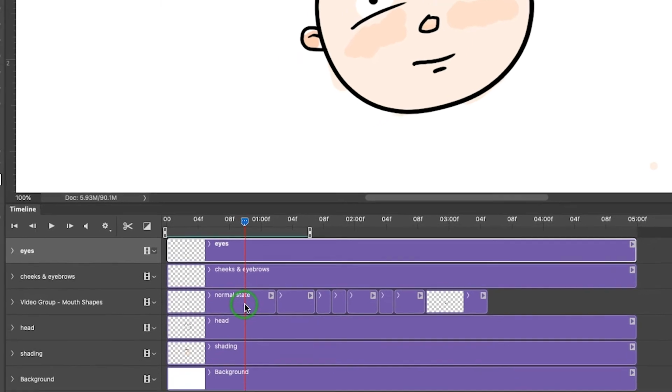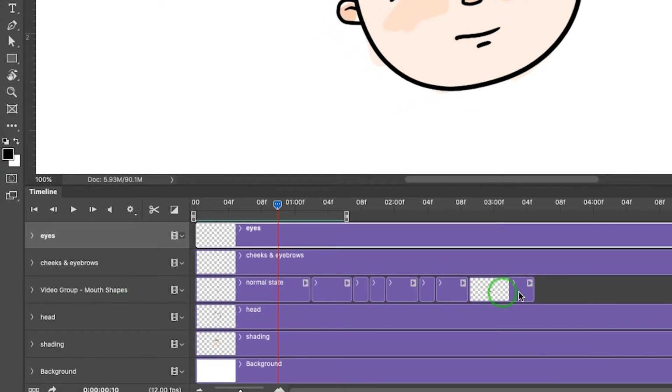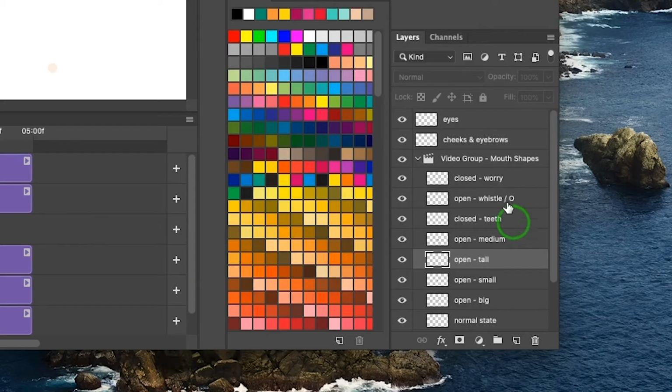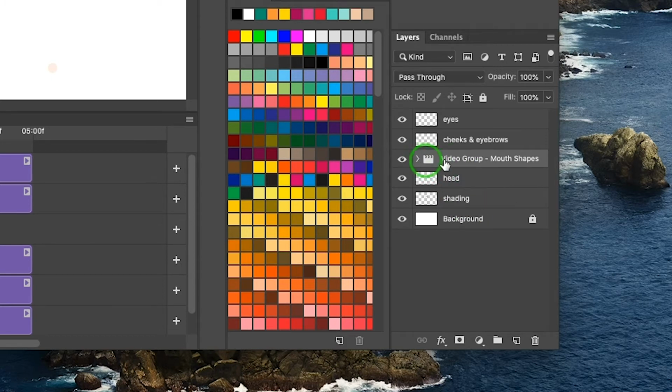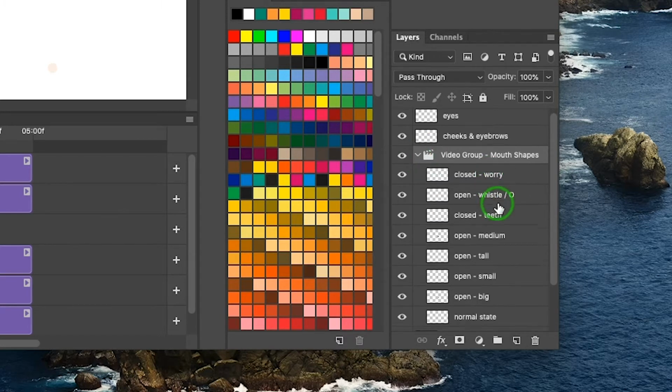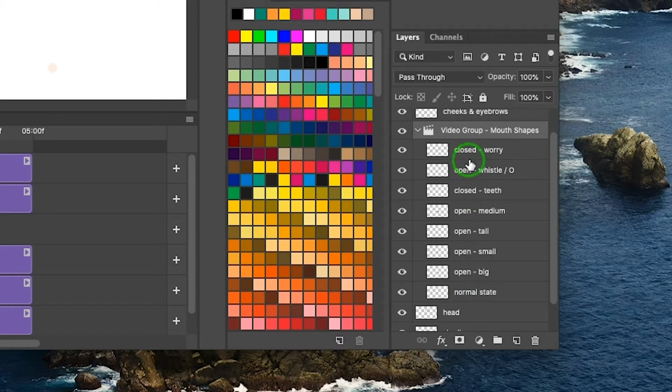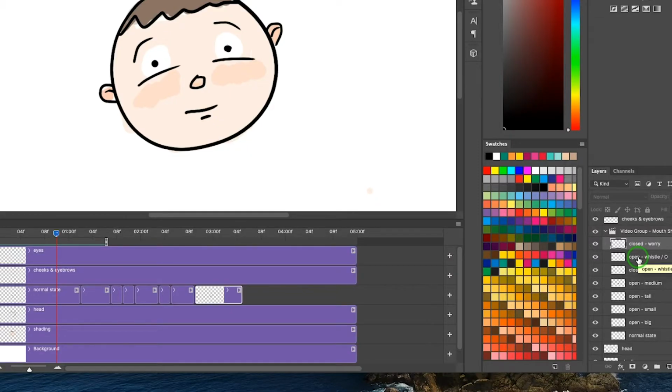And if you look closely, you can see that one of these layers looks different than the others because it has a lot of little individual pieces put in here. And this is a video group. So if you look over here on the side, you can see that it is a group, and it's got this little clapboard icon next to it, and I twirled that down, and I can see that there are quite a few layers in here, and you'll see that if you click through the different layers, it'll select them on the timeline. Going top down, it actually goes from the furthest one in the timeline back to the first one